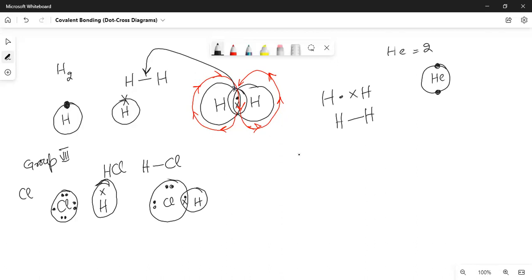Now, in the circle of chlorine, how many electrons can you count? 1, 2 dots, 3, 4 dots, 5, 6 dots, 7th dot, 8th cross. So chlorine has its octet complete. Hydrogen, on the other hand, has its duplet complete. So that's why they bond. They bond because they both become stable after bonding. After sharing one electron each, one of them gets to have their,